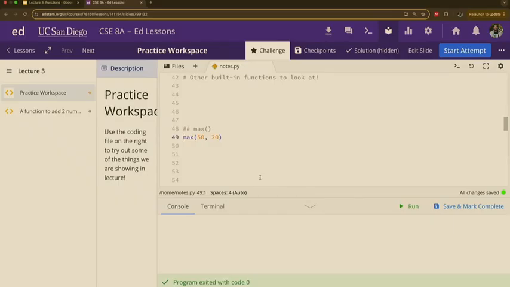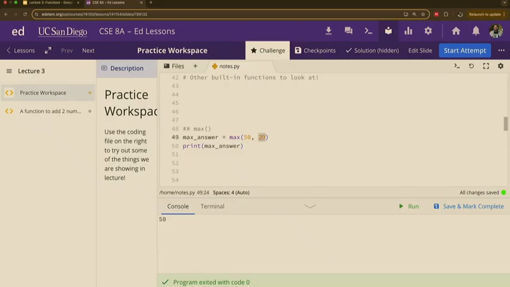But if you don't do anything with it, it's just going to fall and it's just going to be gone. So, max answer. Let's run that. Nothing happens. We have to print it. Max answer. We run that. Boom. 50. Right? So now, this max function, you get some numbers, it looks for the largest number, and it'll give it to you. Okay?